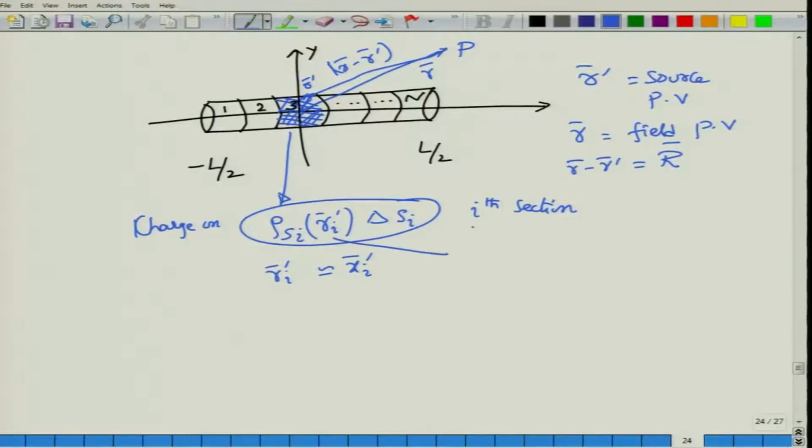Of course, this rho si, which is given at that particular ith section, is completely unknown to us, but it is essentially considered to be a constant. So the potential at the point r, which is the point P, can be written as 1 by 4 pi epsilon naught. This is actually just a constant, so you can pull this constant out. You can even set this constant equal to 1 and reintroduce the constant wherever you want, but let us not do that. And now, how do I go from a continuous to a discrete?